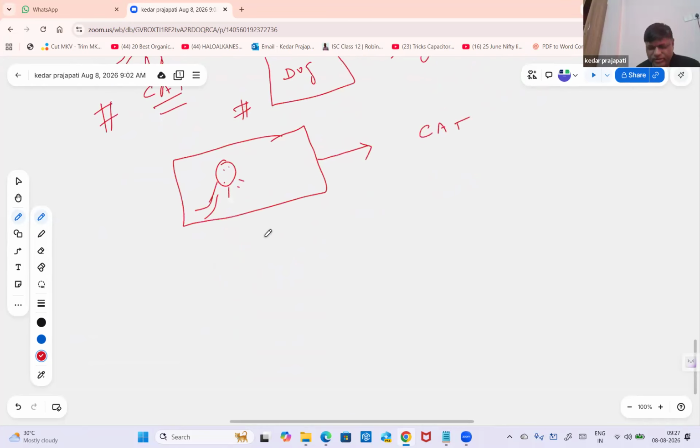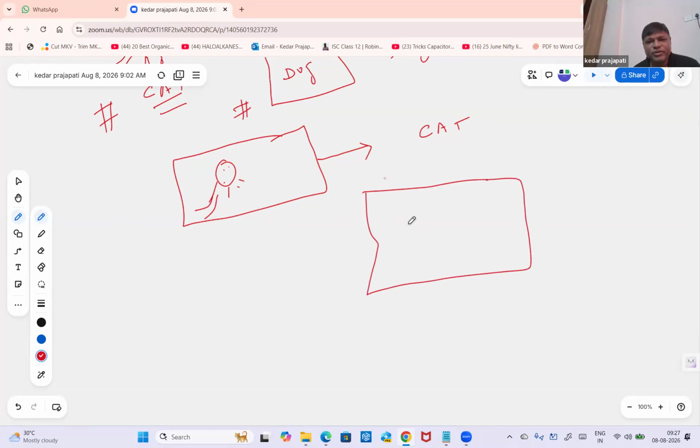So until here it learned, right? Tomorrow, if you give an image of a Doberman or German Shepherd dog, and ask the machine to predict what this image is, it will be able to tell you this is a dog. Maybe it will not say this is a German Shepherd, this is some other breed, I don't know, but definitely it will predict dog, right?